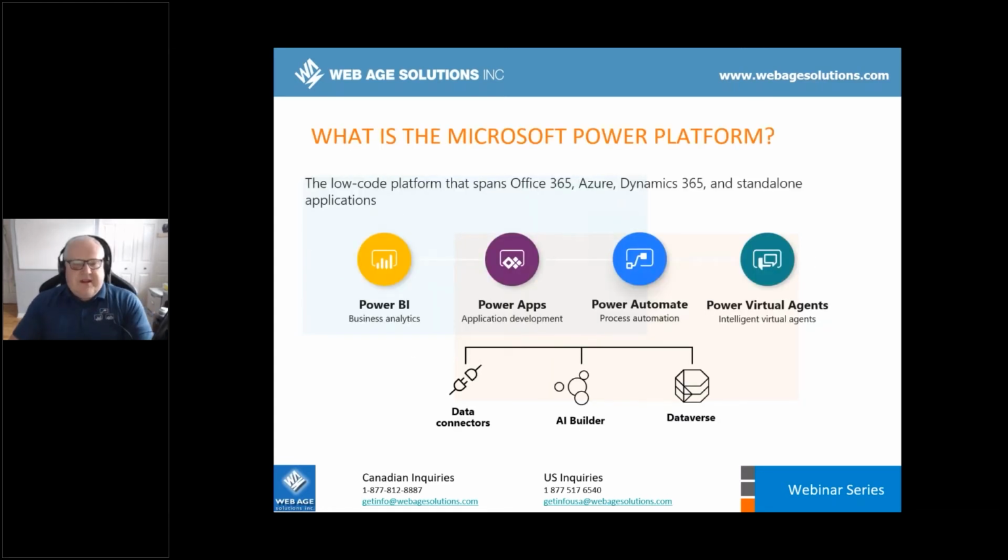So the first question that a lot of people have is, what exactly is the Microsoft Power Platform? You'll hear this term a lot. You'll see Microsoft talk about it in the context of Azure and Office 365, but really it is a low-code platform that spans Office 365 and Azure, and it has a lot of its roots in Dynamics 365. So if you've worked with Dynamics 365, a lot of what I'll show you today will probably seem very familiar. And it's really a great platform for building standalone